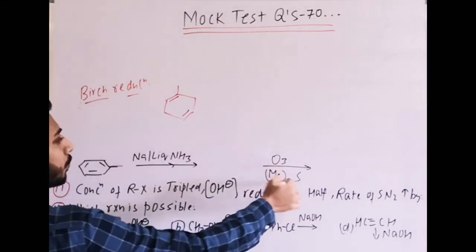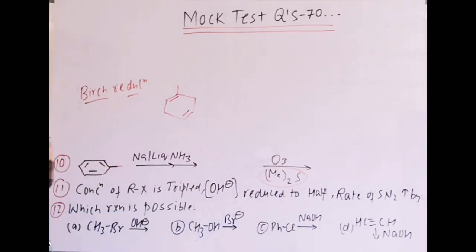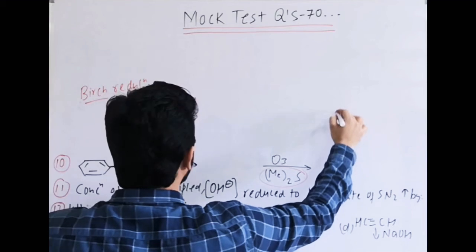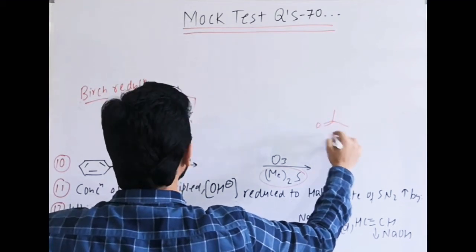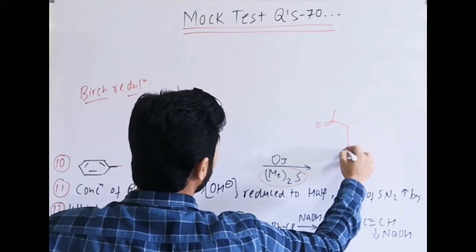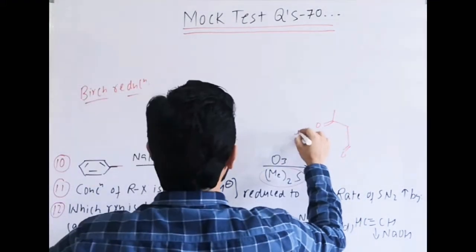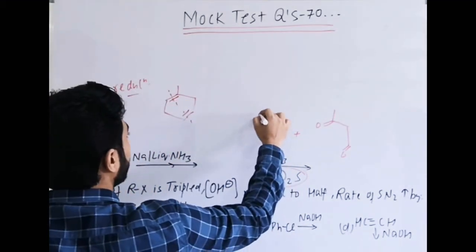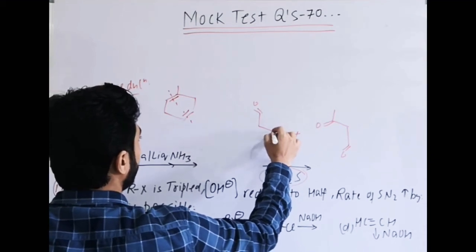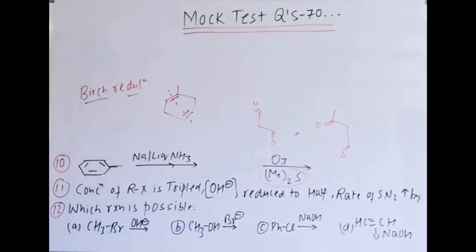I'm directly using it. The next one is ozonolysis. It is reductive ozonolysis. Why? Because dimethyl sulfide is there, just like Zn/H2O. So cleave this bond and you will get this product. Here the double bond O is as it is, here again CHO, plus the other side will be CHO, CH2 and here CHO. You go by the options given, this will be correct. By elimination you can get the answer.